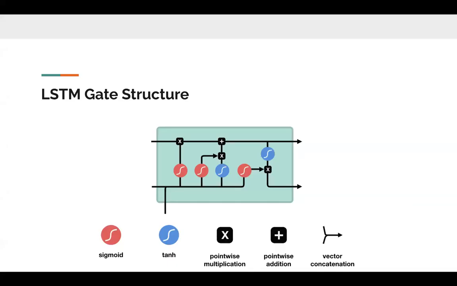This is the internal structure of an LSTM. This green thing, whatever we are seeing, is the cell state. The cell state in RNNs, this is the cell state. Usually I draw this here and explain the weights and details, but just to show, the red things are sigmoids, blue are tanh functions, and point-wise multiplication is nothing but an element-wise multiplication, and adding is matrix addition. Whenever you see two arrows merge, it's just vector concatenation.